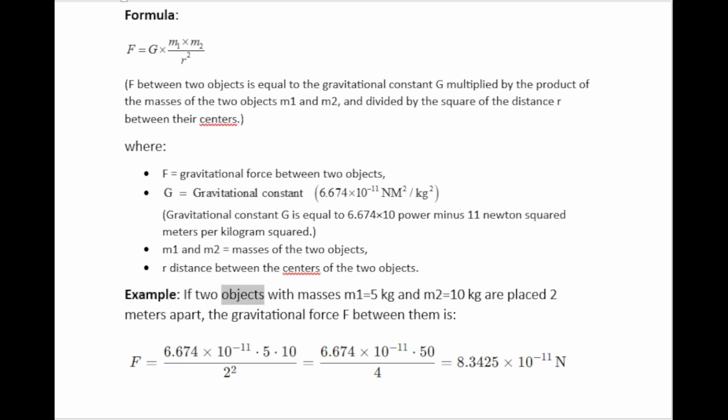Example: if two objects with masses m1 is equal to 5 kg and m2 is equal to 10 kg are placed 2 meters apart, the gravitational force F between them is